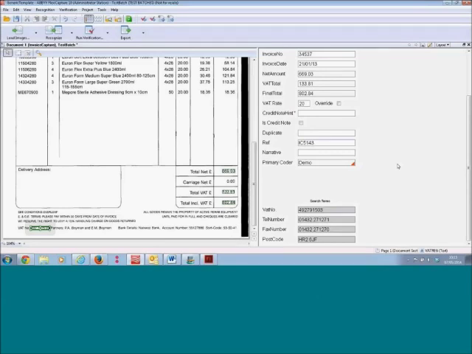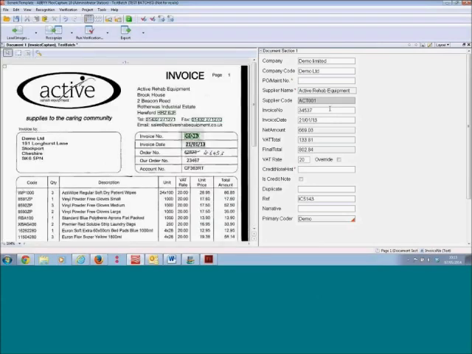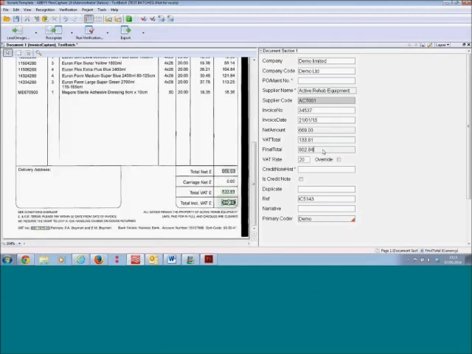Frequently, we'll use another field to validate that, so we'll also look up the postcode or the telephone number, just to make sure we have a warm and fuzzy feeling about who this invoice is for. So having found the supplier, we've said, right, we need some more information. Show me the invoice number, the invoice date, the net, the VAT, the gross, and what the VAT calculation is